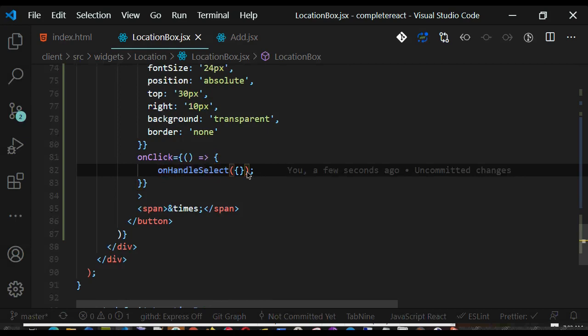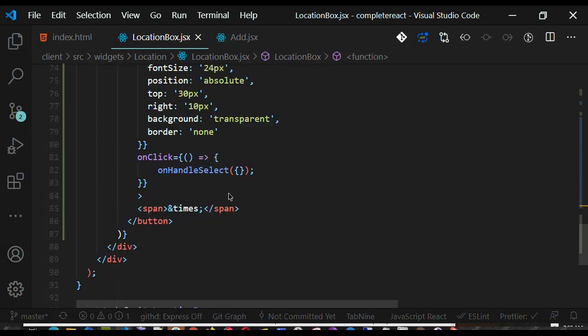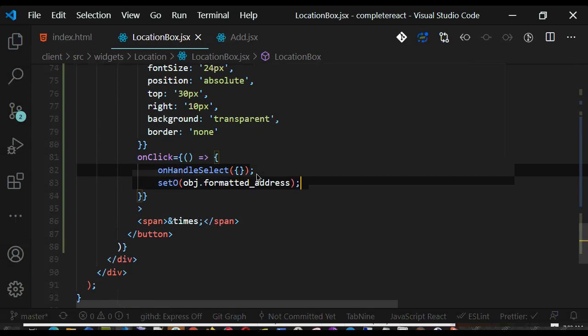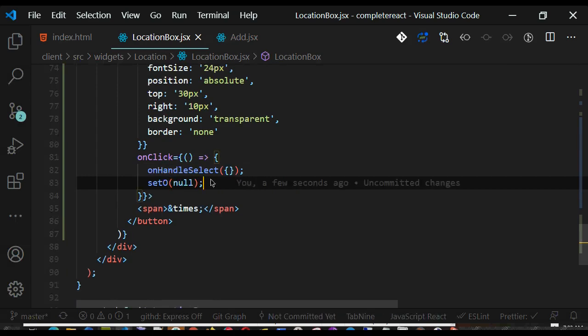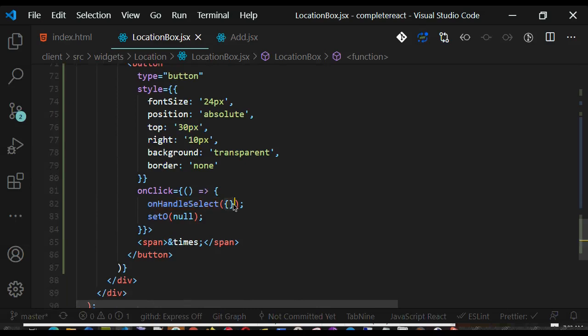Or I can make it, I don't want to make it null now because it may give some error in the future. I have object, and to handle the object I will make it this as object, and I will also make this O to null so that the button should go away. So whenever user will click the button, this cross, the handle select, that is this part, will return empty object and set O will be